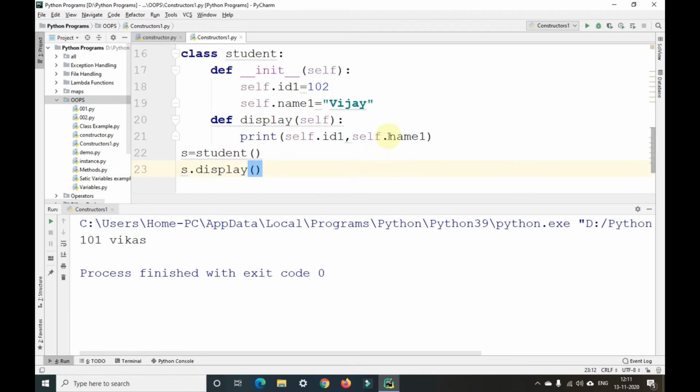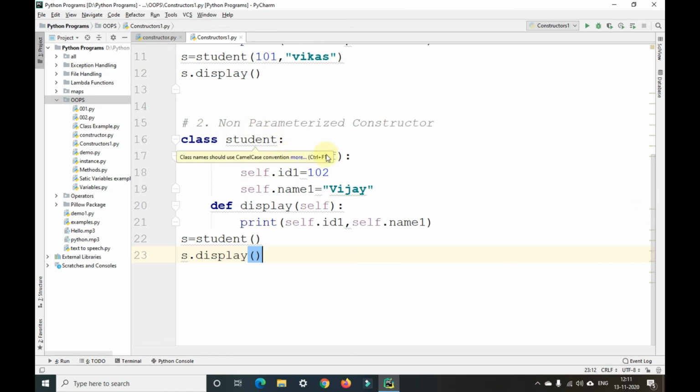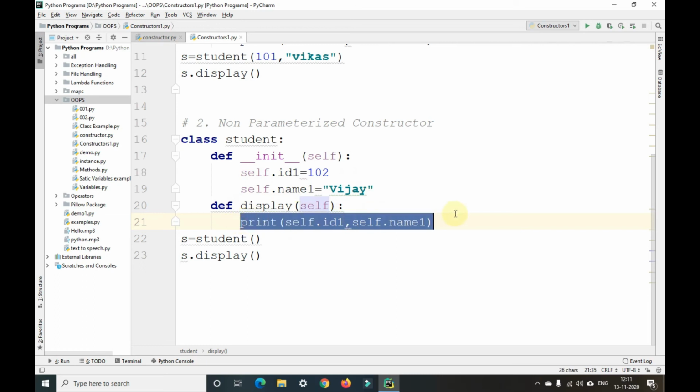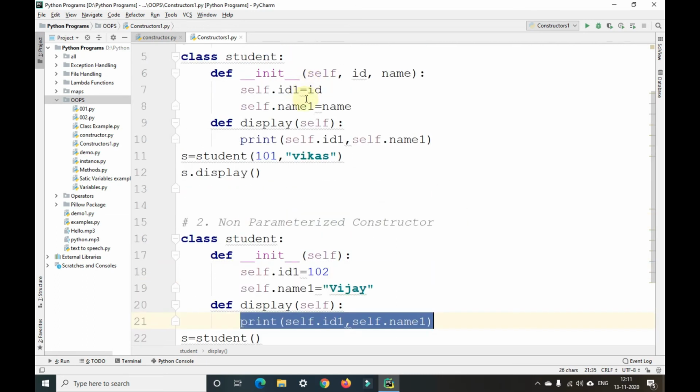So in non-parameterized constructor, as I've told you, we do not have any parameters in the constructor here. We directly define the variables and assign the values to it in the constructor itself. Okay. And after that, we can display it in the instance method, or we can display it directly in the constructor as well. That doesn't matter. So it is the same in the parameterized constructor also, guys.